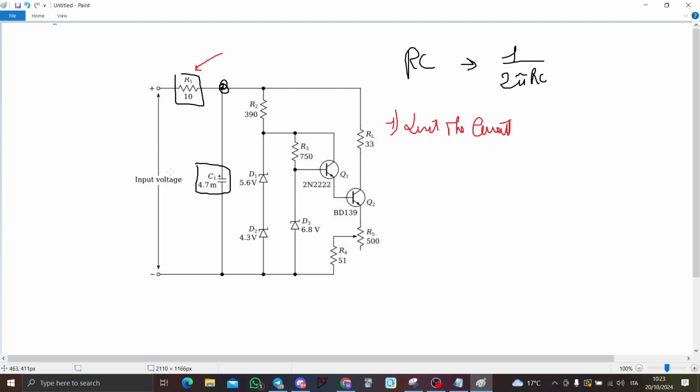Sometimes you can put a series resistor to the input voltage to limit the current, or second, you can put a capacitor C to keep the voltage node constant. So this point here must be as steady as possible, as constant as possible, so that your entire power supply will be kept constant. So in this case, my answer would be that this RC combination is given to keep this node voltage constant,